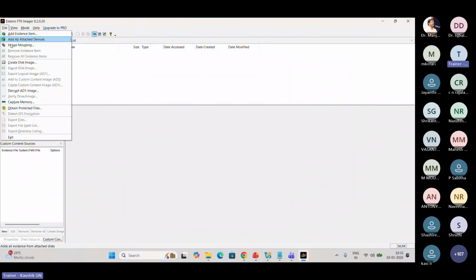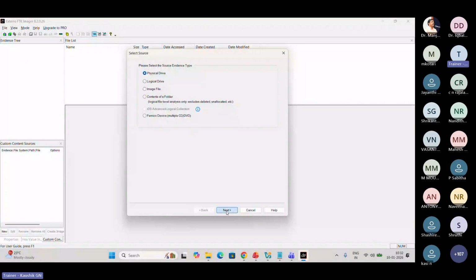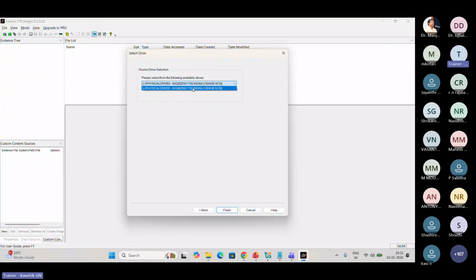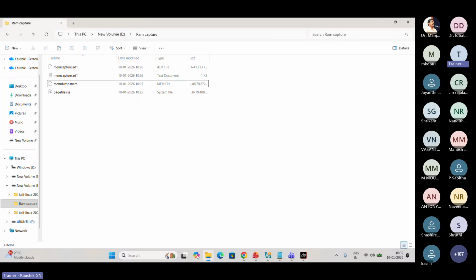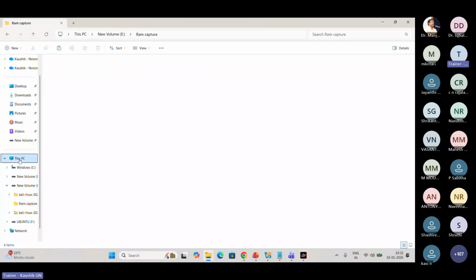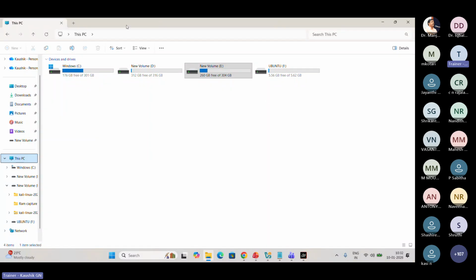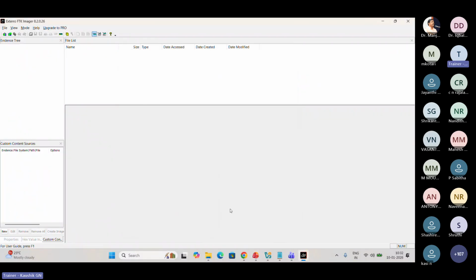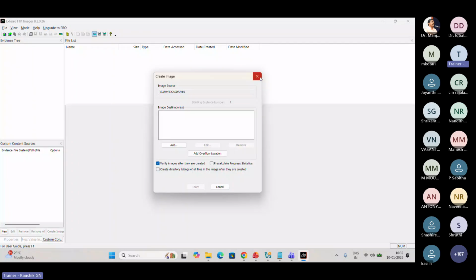While going for the image mounting, create a disk image, I have selected the same drive. This won't happen here because I have taken this entire system drive. Because of that, even if I finish and select the location, it won't come.